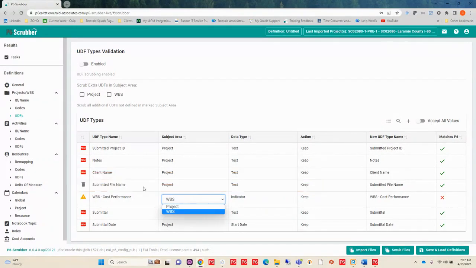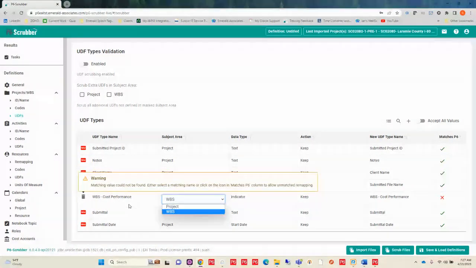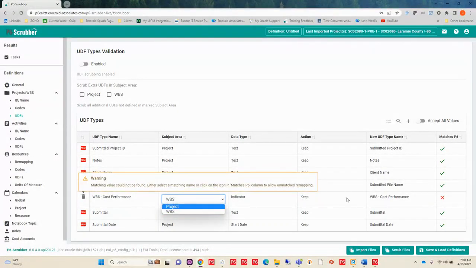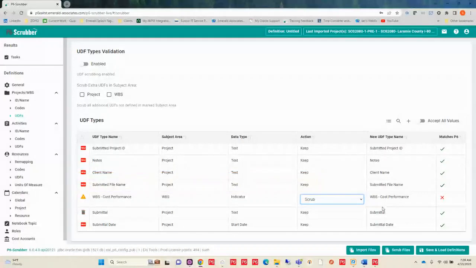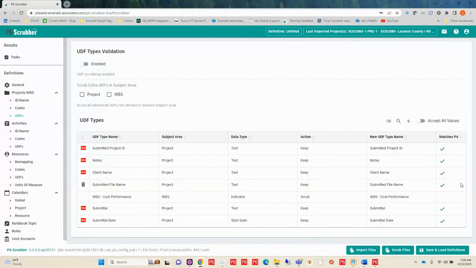It's telling me that it doesn't have a matching value in my database. Well, that makes sense because my organization doesn't use WBS codes. So I'm just going to go out and say I want to scrub that WBS code. Again, it's going to remove my X and say that it's not going to bring it in. And then I could also decide at what level, how I want to handle each extra user-defined field that I